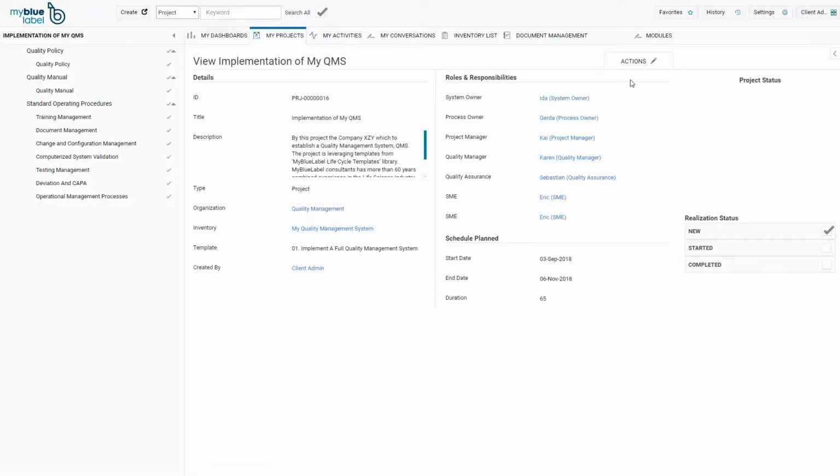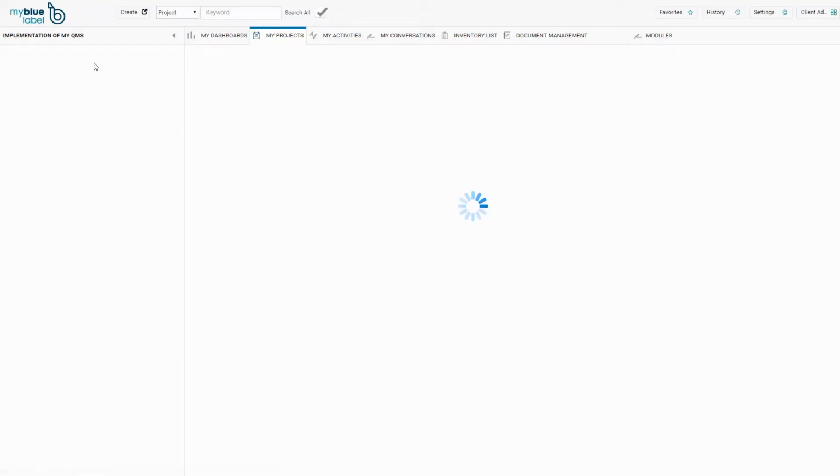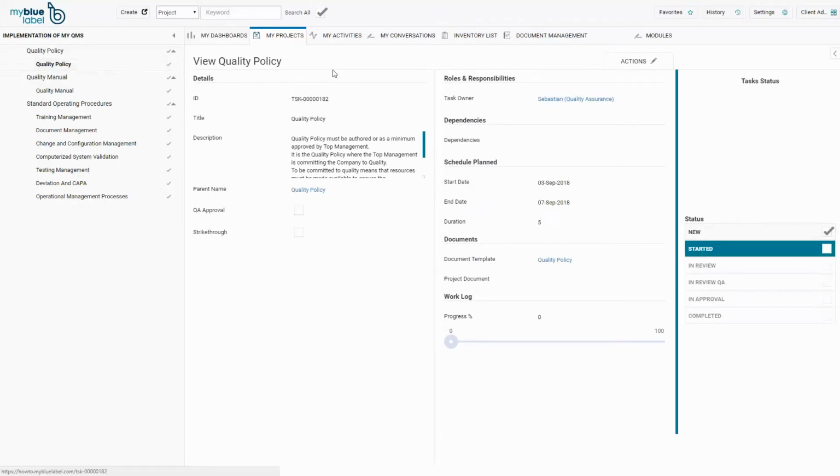The red exclamation mark has now turned into a green check mark. The task owner information is now populated with the user who, based on system role, is responsible for this action. Each task is also having a document template attached. These templates can be downloaded for applicable modification and completion.